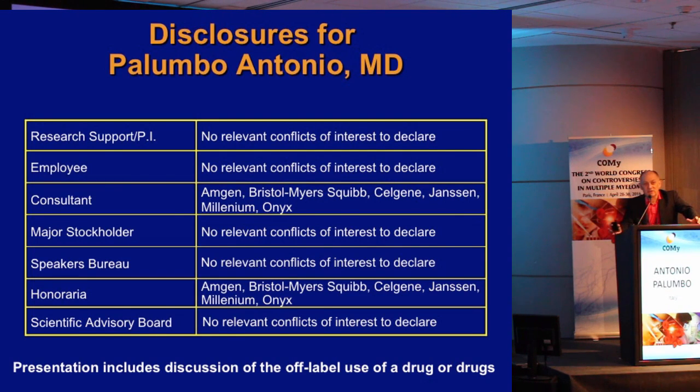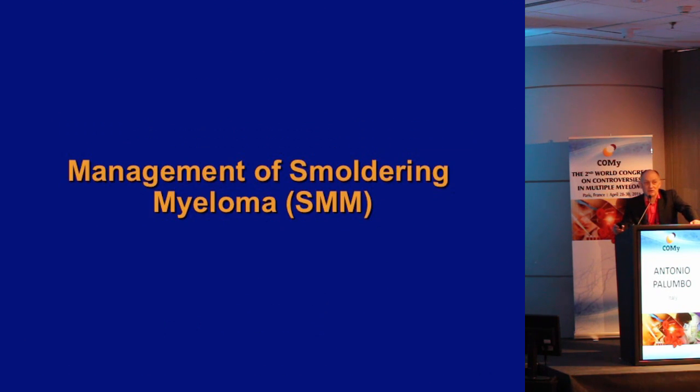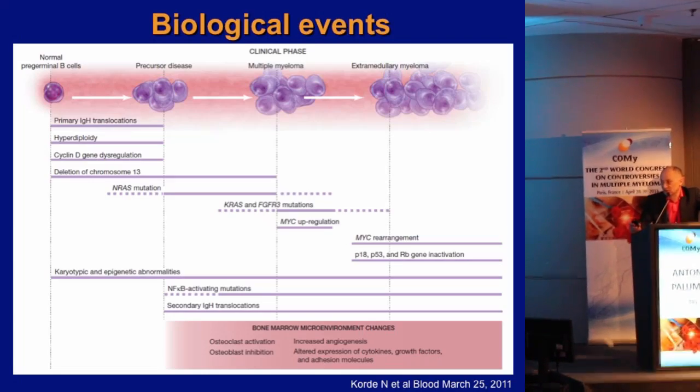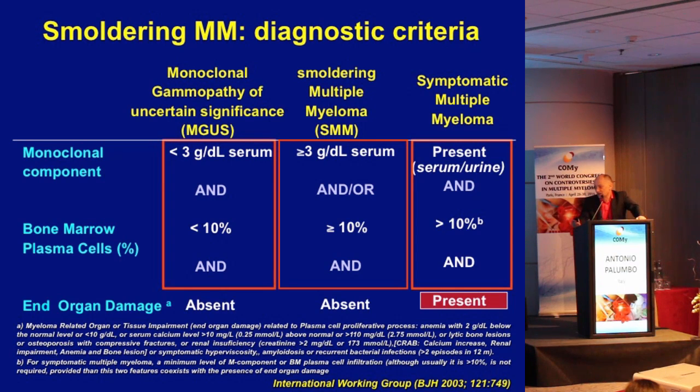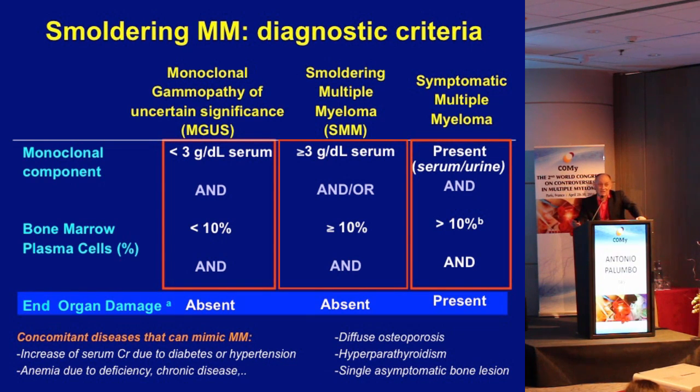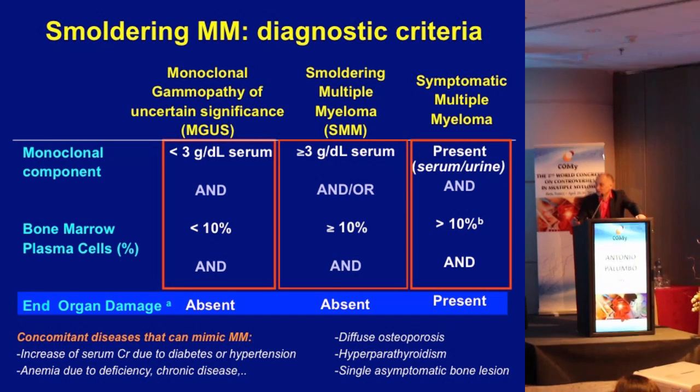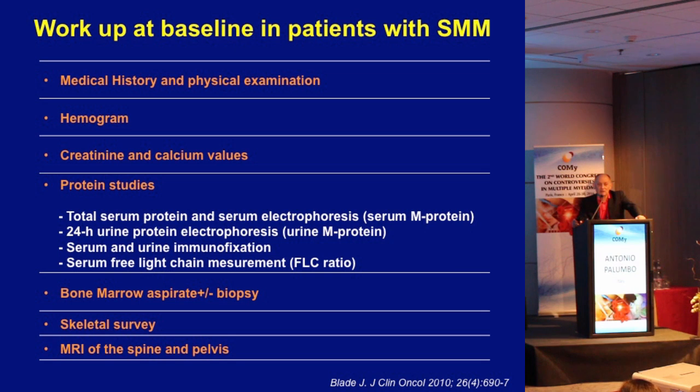And also there is a discussion, but certainly I would say diffuse osteoporosis and other secondary events like hyperparathyroidism, and also the single asymptomatic bone lesion that cannot be confounded with multiple myeloma. So we have to differentiate those conditions. What should we do? And basically here is the list of tests we should perform for the smoldering myeloma: